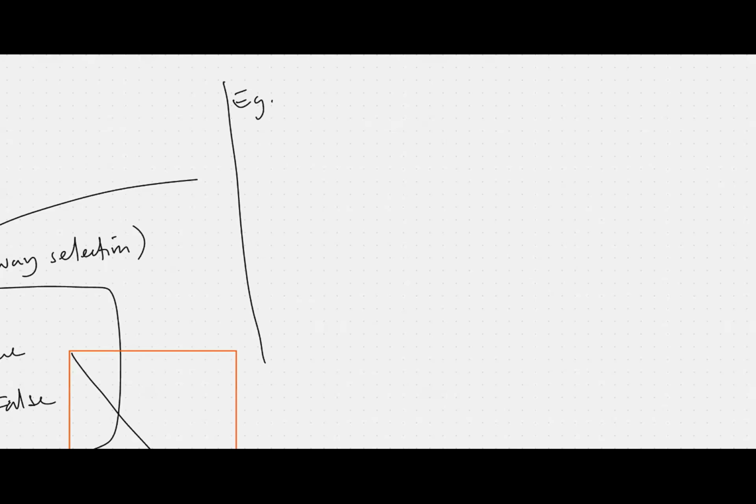Okay. So we know that even with a positive number, we know that for positive numbers,